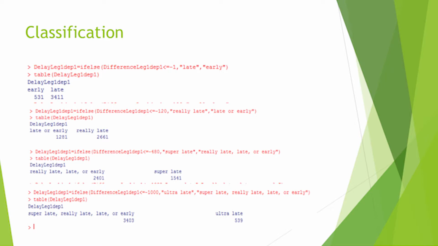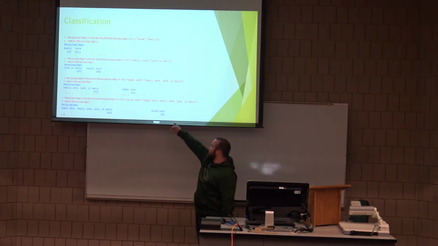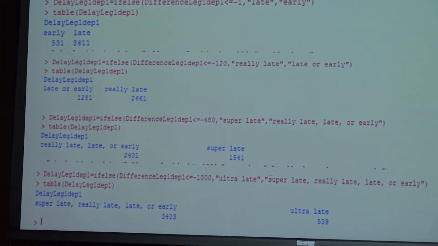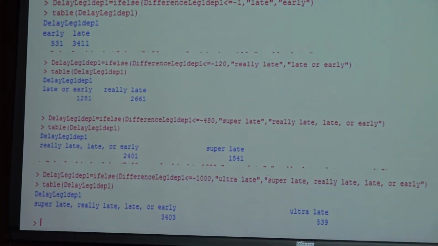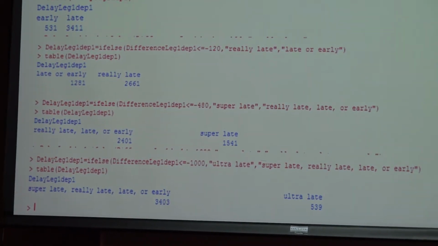The really lates were 120 to 479 minutes. Super late were 481 to 999, and 1,000 or longer was considered an ultra late delay. The diagram here shows that we ended up having 539 ultra late times. So that's actually 16 days and 16 hours late. So that's over 2 weeks, which is kind of